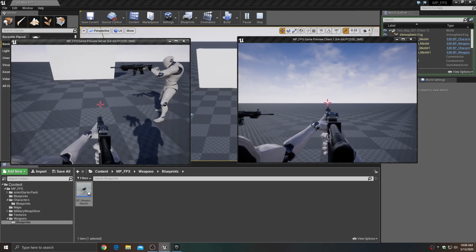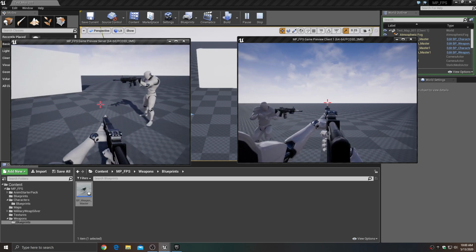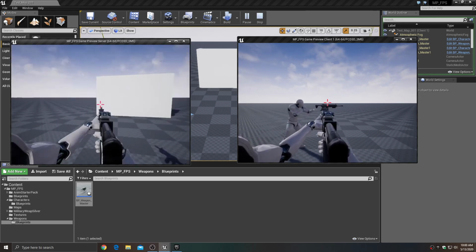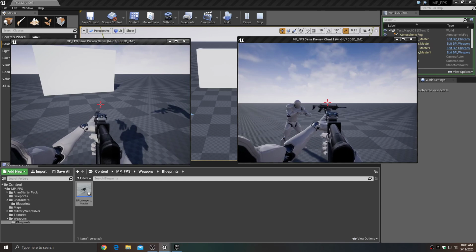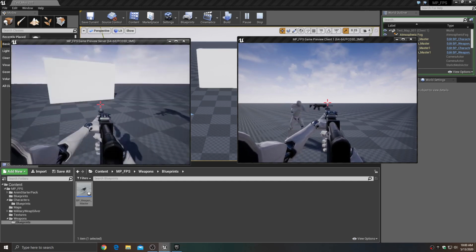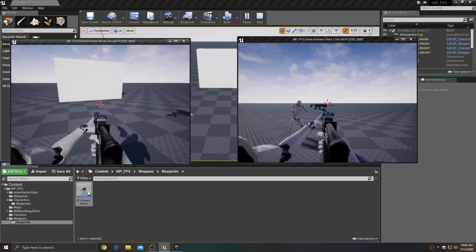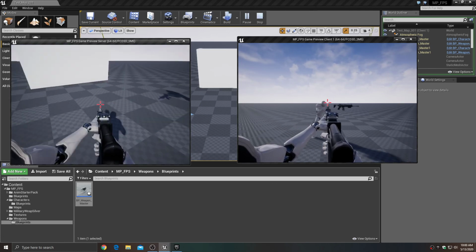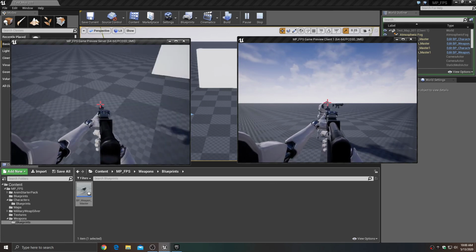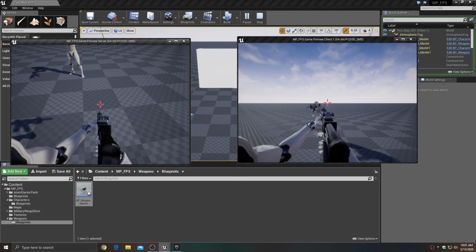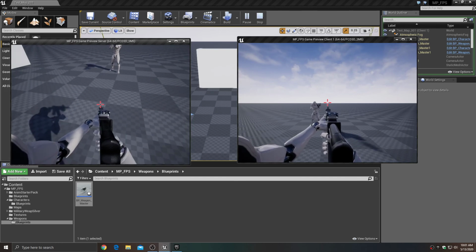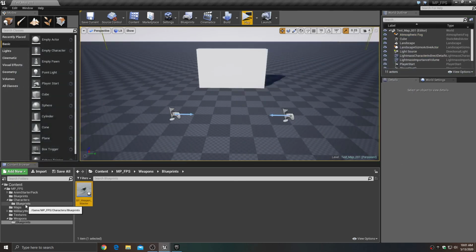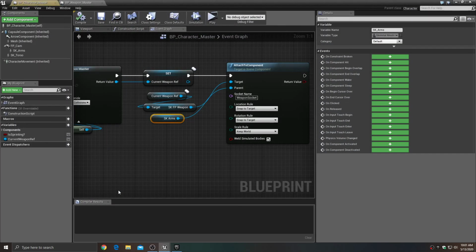Now, why is this? Well, that's because that is actually the third person gun, right? Remember, there's two. So he can't see our first person gun anymore. Only we see it. But he does still see the third person gun, and he does need to see that gun, right? Okay. So now, back in the character master blueprint, we need to attach that third person gun mesh